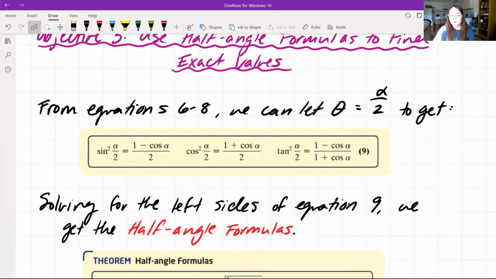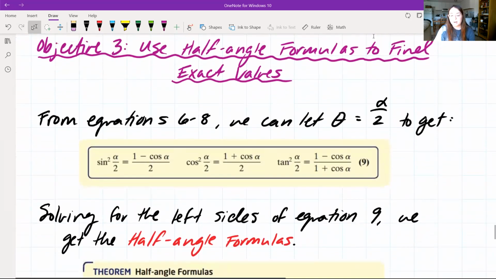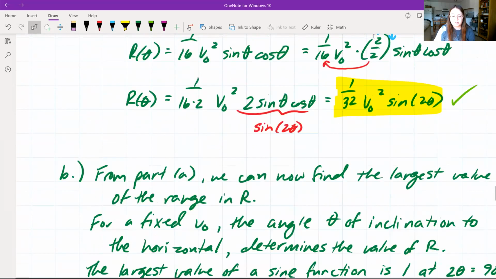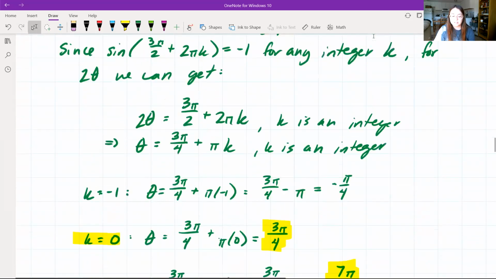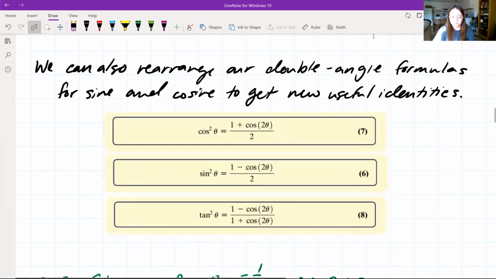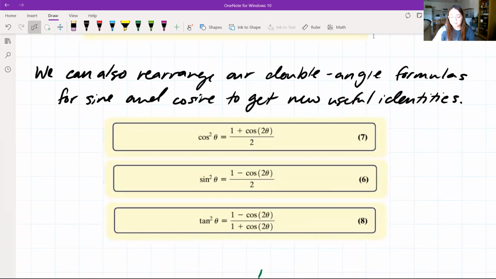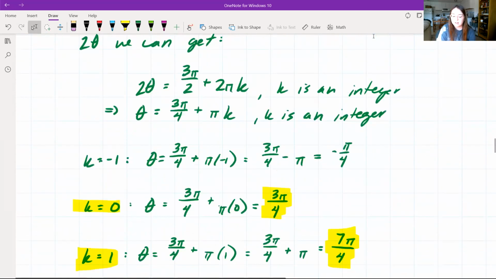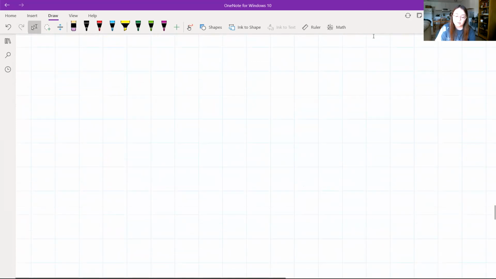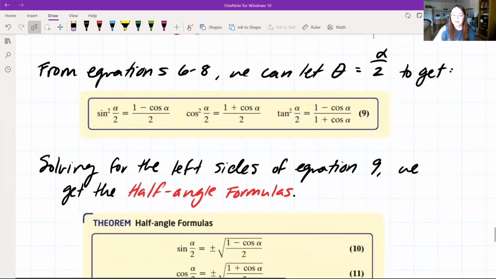So in equations 6 through 8, we can let theta be equal to alpha over 2. So equations 6 through 8 was this summary up here, which they're out of order. See, it says 7, 6, 8. But this just means that cosine squared of theta, sine squared of theta, and tangent squared of theta, for those equations, we're stating that if we replace theta with alpha over 2, we'll end up getting sine squared of alpha